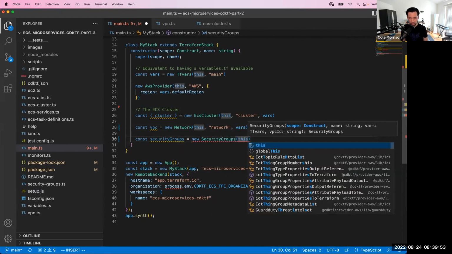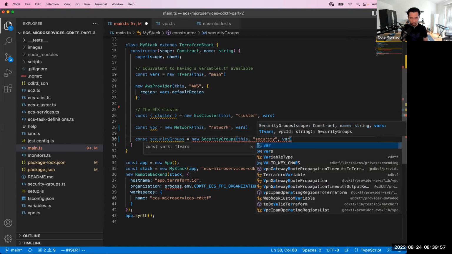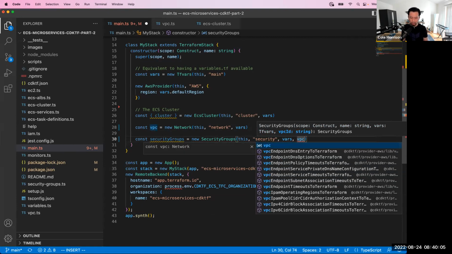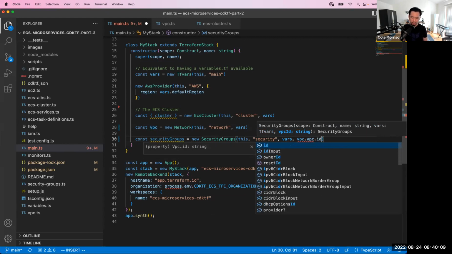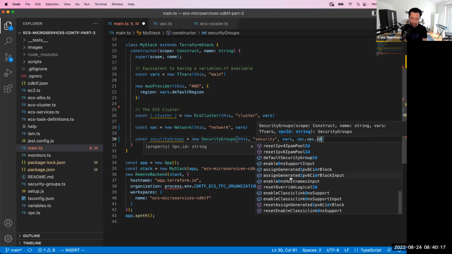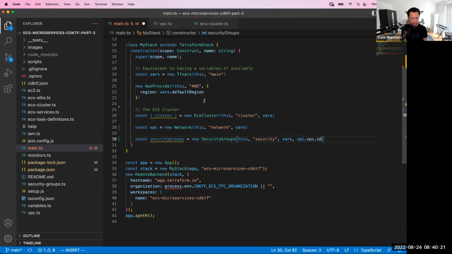And this construct is going to take, as usual, the scope, an identifier, variables object, and then this is the first time we're going to see us reference another construct that we've used. So we're going to reference the VPC construct, which has a VPC on it. I know that looks a little odd, but it's because there's other things on it. And then the nice thing about autocomplete, as soon as I go down into this resource, we see it autocomplete all of the different properties that I could pull off of it. And I need ID here, so I'm going to go ahead and select that, and that will finish up the